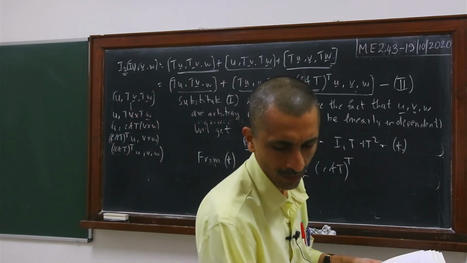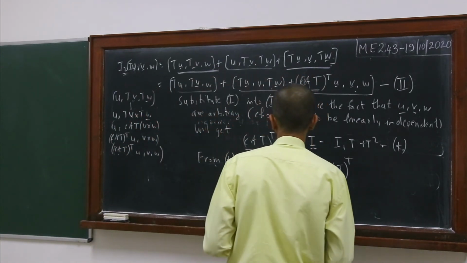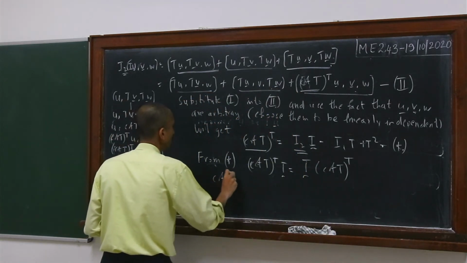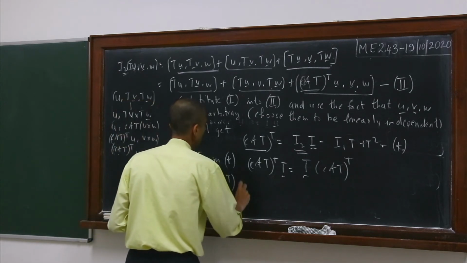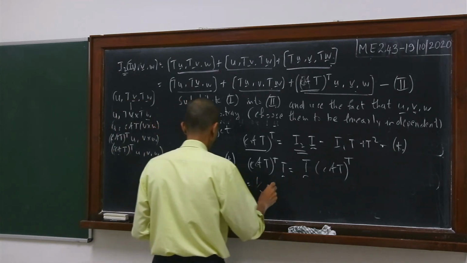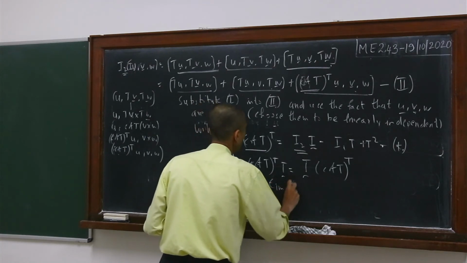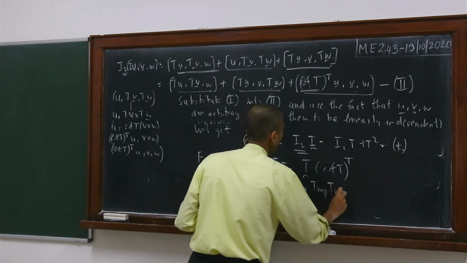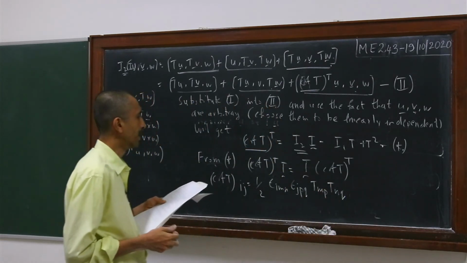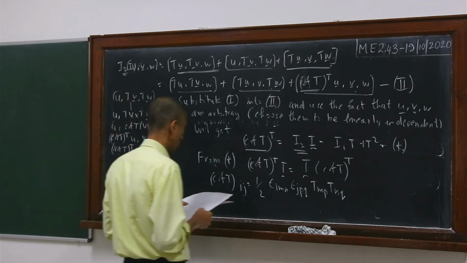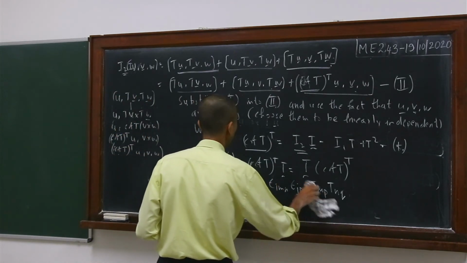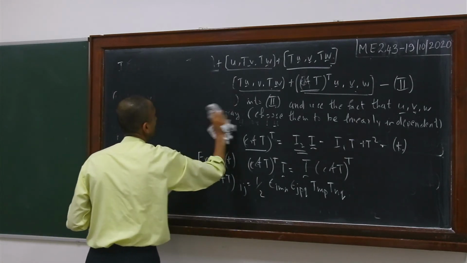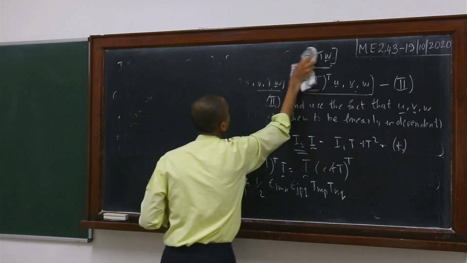Okay. Now let us look at the components of this cofactor tensor. So cofactor T ij is equal to half of epsilon imn epsilon jpq tmp tnq. So these are the components of the cofactor tensor. So actually, how do you get this, right? Let us go back to the definition of the cofactor. From that we will get that.